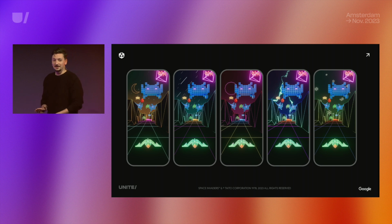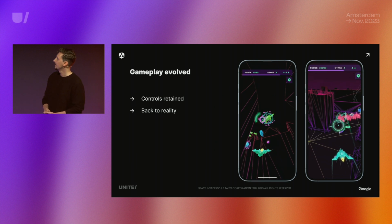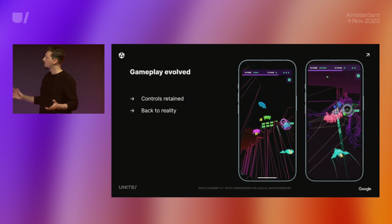But we couldn't leave it like that. We also had to add a little bit more procedural generation to the entire Space Invaders world, so it reacts to the current weather conditions and time of day. It changes according to temperature and weather forecasts, so wherever you play your Space Invaders World Defense, you're going to encounter different levels. And this whole system